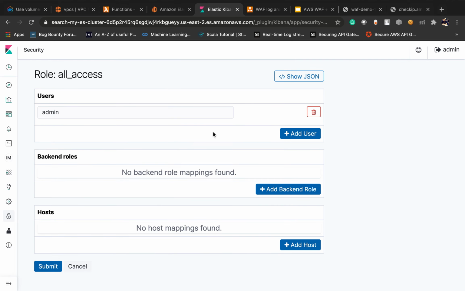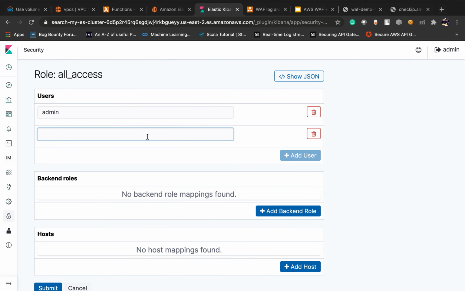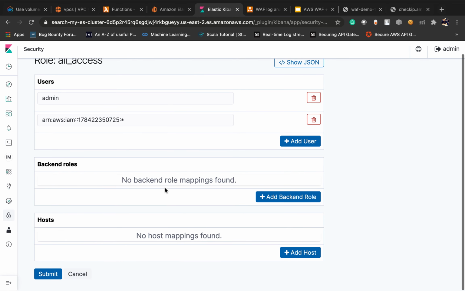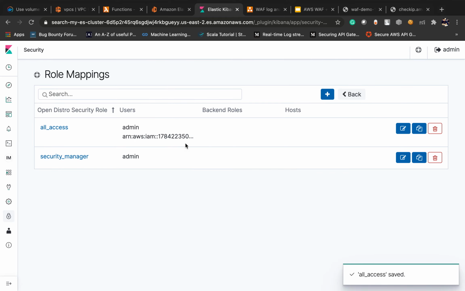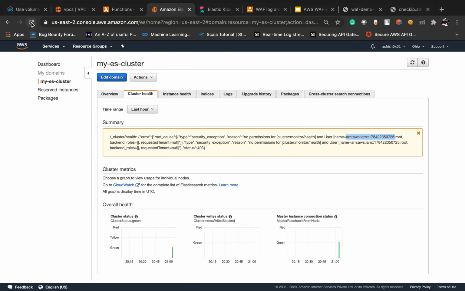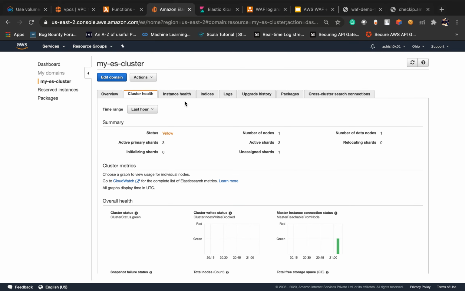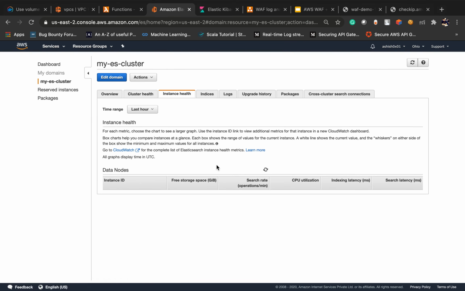Here, edit, add one user and make it star, so that users of this account ID can access these roles, and submit. Now if you come here and refresh this page, you will not get that error again.